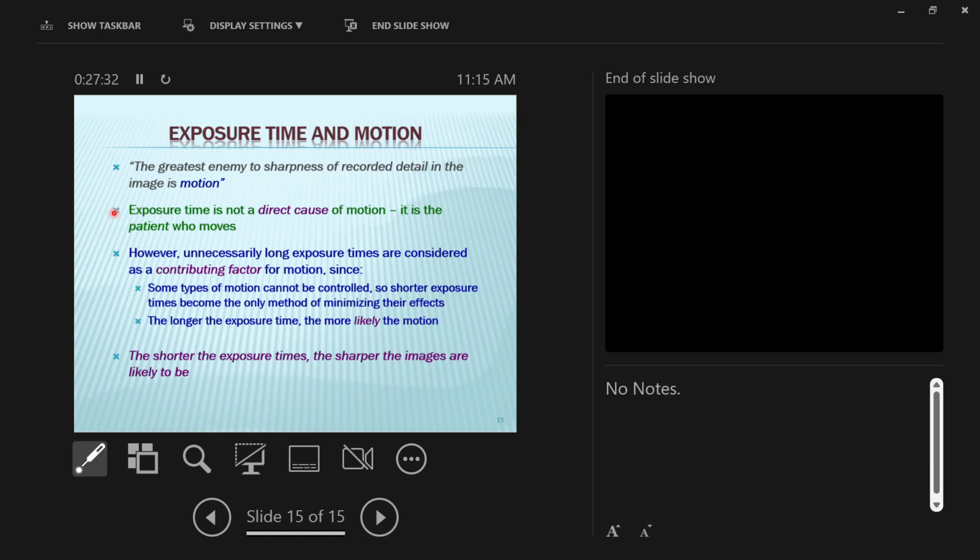detail, by minimizing motion. Said in the simplest way possible, everything on here considered, the shorter the exposure time, the sharper the image is likely to be due to patient motion. Okay, if you can minimize the evidence of motion, you can maximize detail. And you know that because when you take a picture of somebody, you have them hold still, right? Or you take it in a good lighting setting, so the amount of exposure time can go down. I'm talking about literally a camera, right?